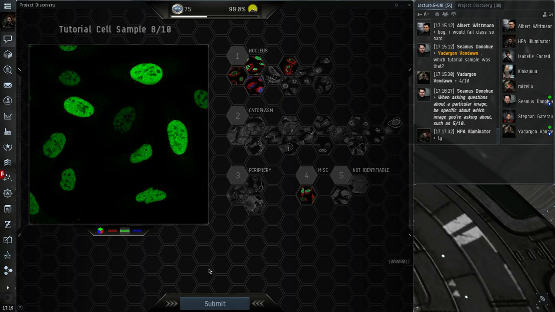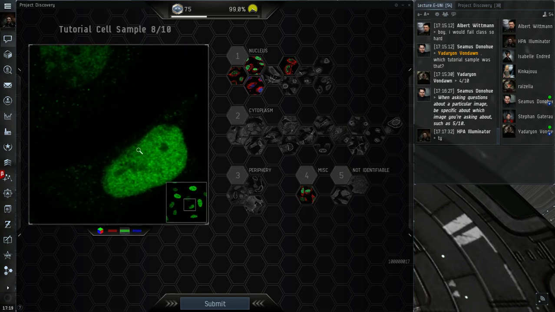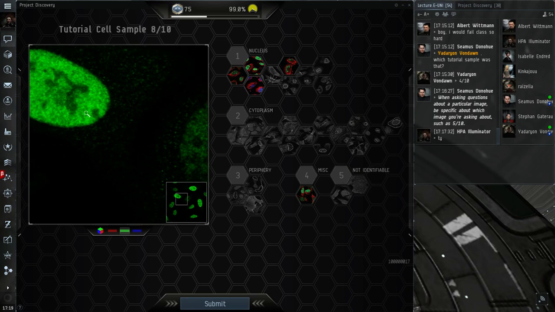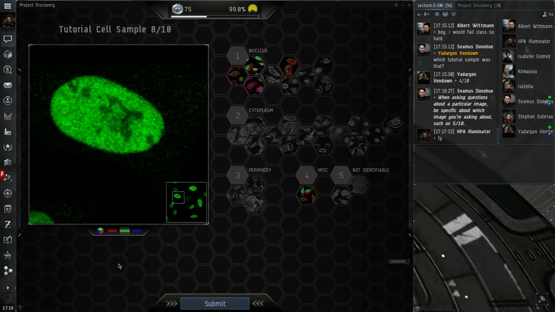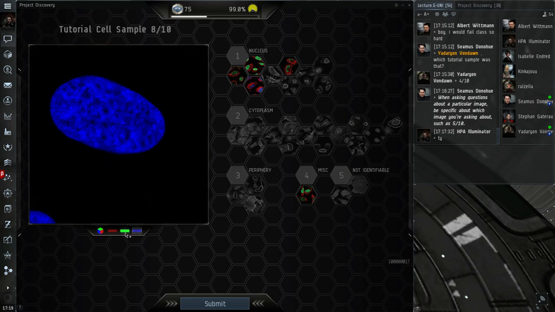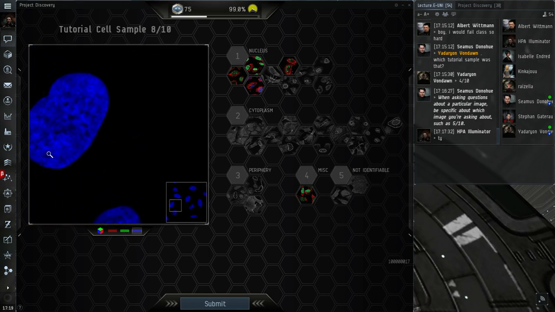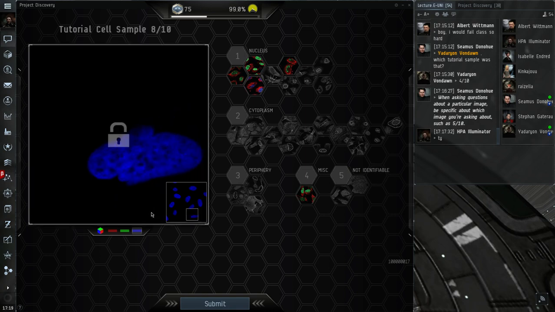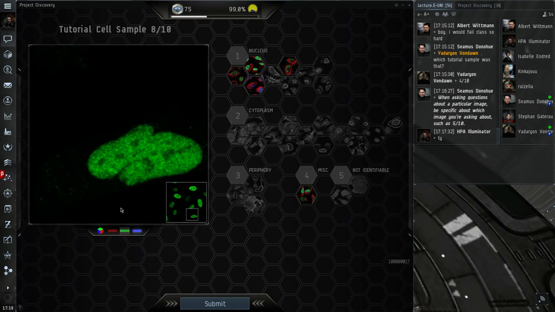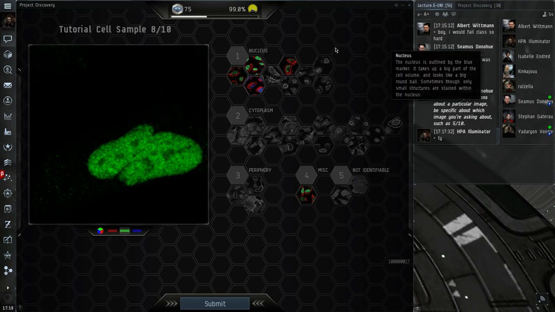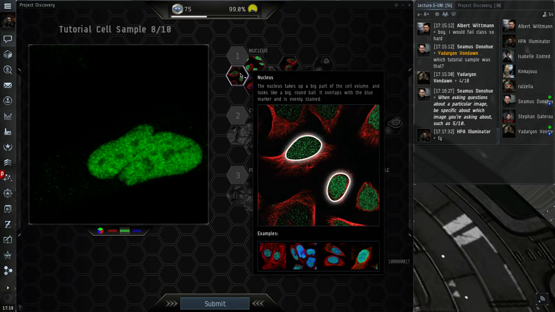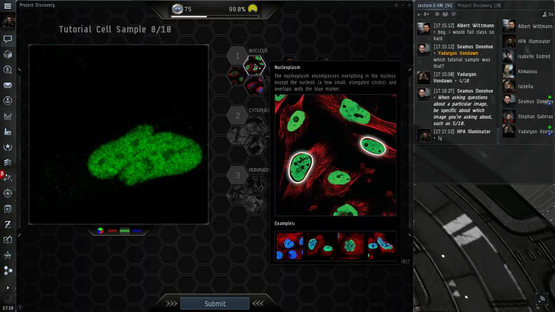And the third sample is a nuclear sample. We can see that it overlaps perfectly with the blue. We can also see that if we zoom in, there are holes in the blue, or holes in the green, which are somewhat overlapping with the holes in the blue, but the blue staining is a lot more even. Even so, because we see these very typical holes, we can say that it's not nucleus, it's actually nucleoplasm.